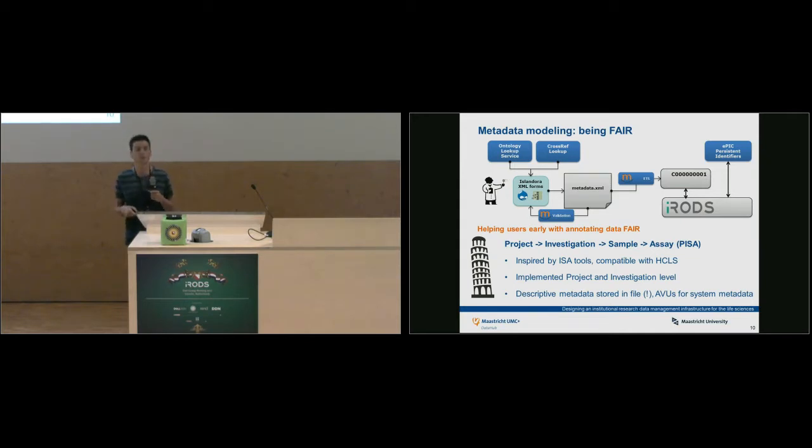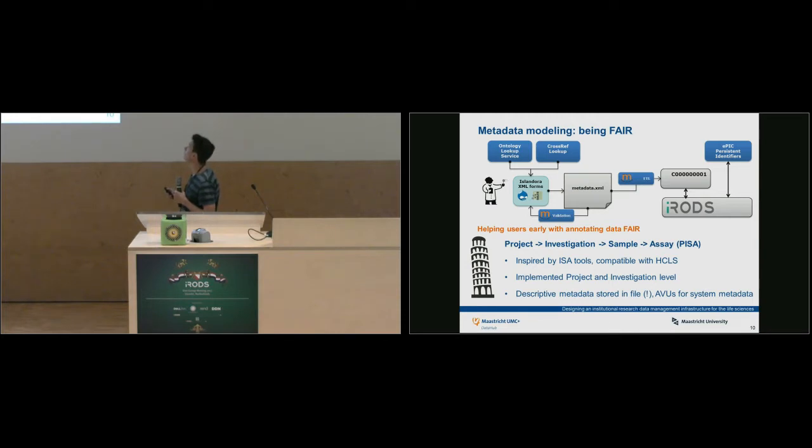It's inspired by the ISA tools. I'm not sure if anyone's familiar with that, but they've created a good structure of how to annotate life science metadata. At the same time, we're compatible now with the HCLS dataset description for the life sciences. So within the web portal, we're using Islandora XML forms to create the forms. And these are linked up with an ontology lookup service from EBI, which we run locally, and also to the Crossref lookup. And then out from this comes a file, a metadata.xml file, which is validated,